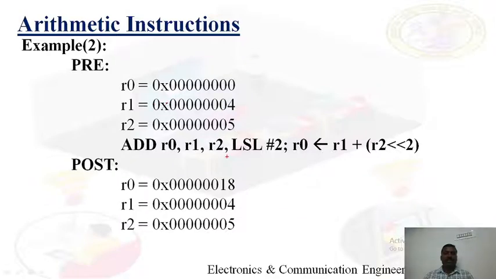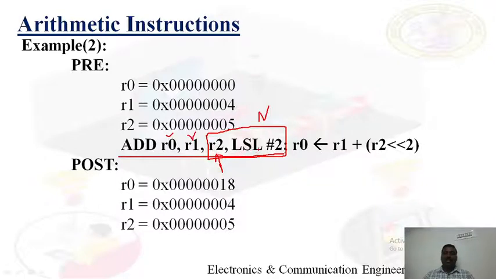In this example, there is a small modification. Here also there is no conditional field and status field; just for this example, we have not appended them. This ADD instruction performs as follows. Here you see R0 also acts as the destination, that is Rd. R1 is Rn. Then this R2 comma LSL comma #2 indicates the barrel shifted output. This is nothing but N, the Rm value, that is R2.